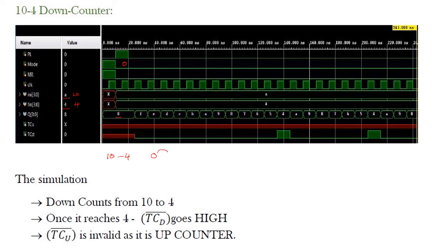It reaches one of these states and then continues its own operation. So 0, F, E, D, C, B, A, it has reached an identifiable state. From there it starts its count, 10 down to 4, and whenever 4 is achieved, the terminal count down goes high, and again it starts repeating.